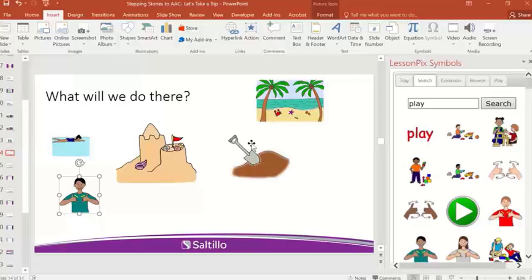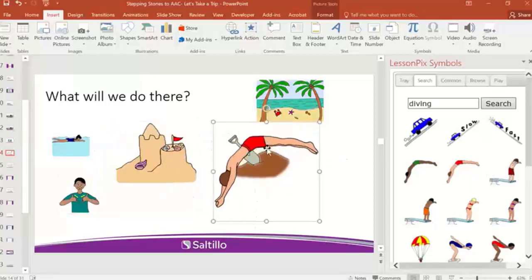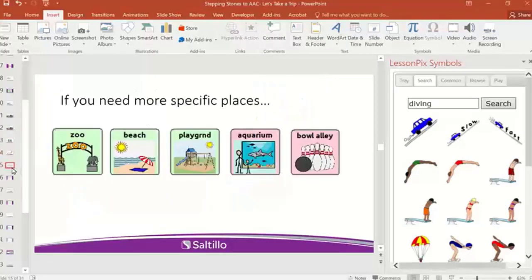We're coming up with all these great things that we can talk about for our trip. And if you pick other things, let's jump in the water. Yes, how about diving? And to help prep, if you're going to the zoo or taking a trip to grandma's house, maybe we bring up a picture of grandma. And there, I've got somebody diving in. We'll dive over the sand. We can have fun with it.